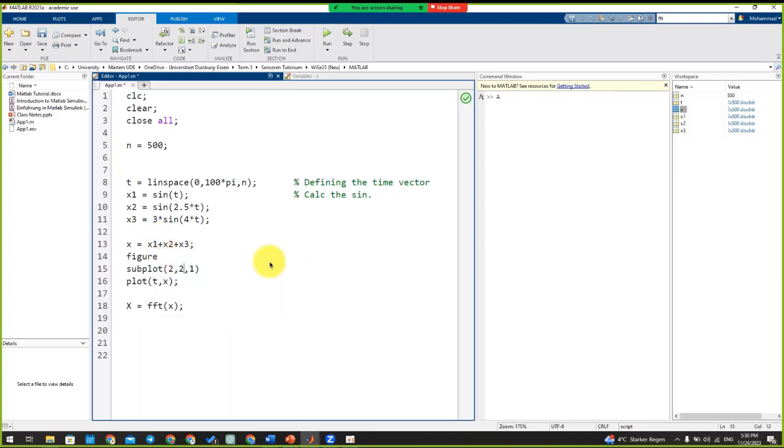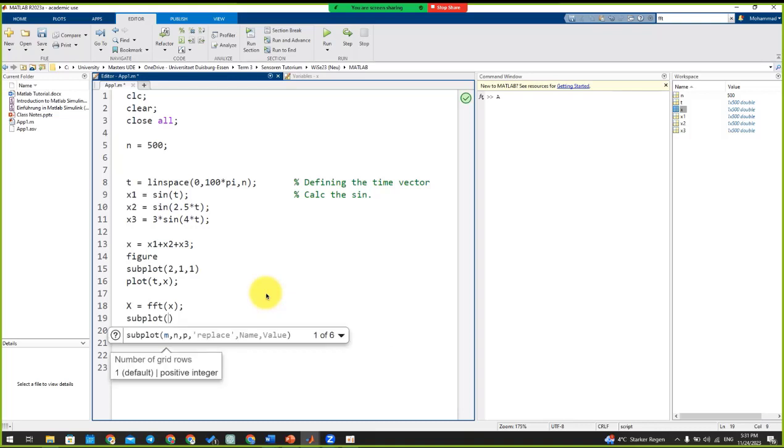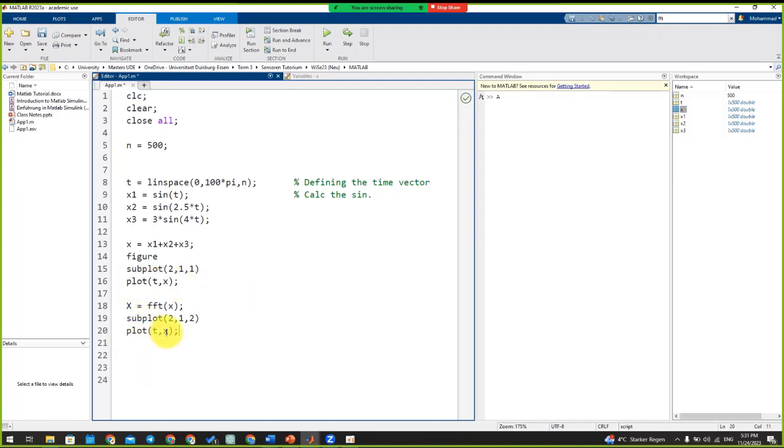Actually, let us do the opposite way. And then we can open a new subplot and write here 2 by 1, and the second part. In the second part, I'm going to plot this x. So if you click on run,